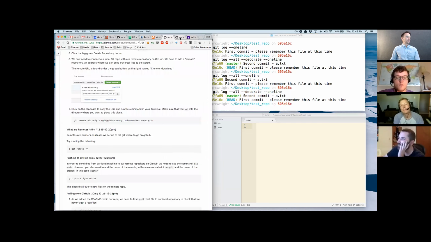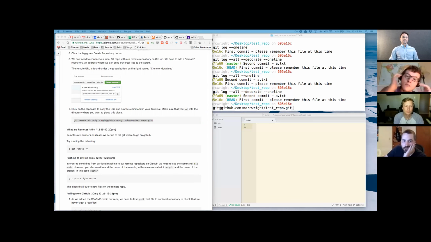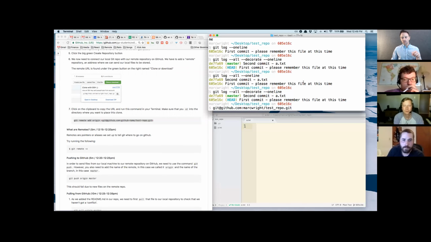And then the last thing we want to do now that we have that URL, go ahead and paste that in there. I'm going to paste this particular command into Slack to be very explicit. So the last thing we want to do is tell our local repo that we want to push to this remote URL in GitHub. So the command is going to be git remote add origin, and then make sure that you add your version or your URL to the command. So it's going to go git remote add origin,